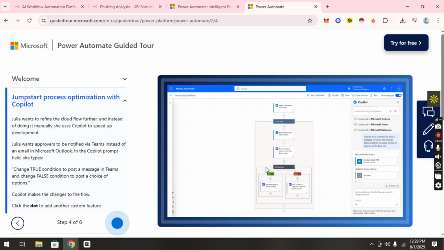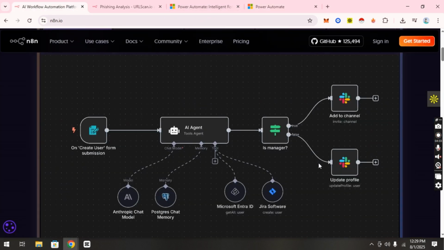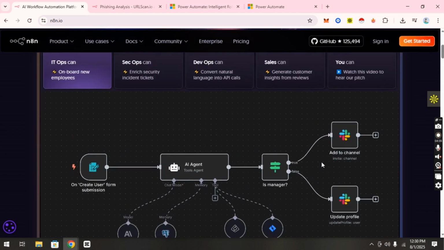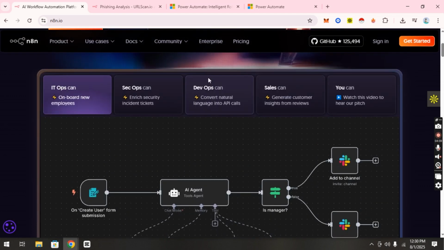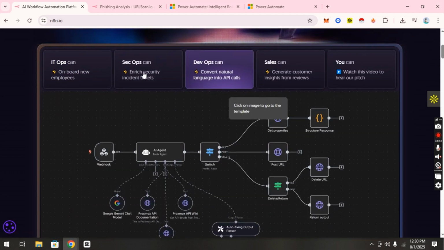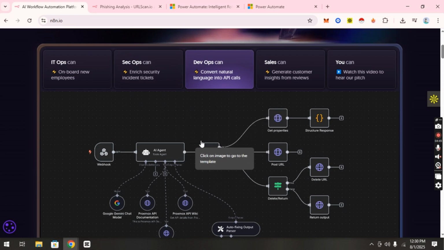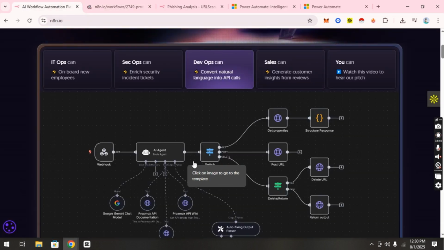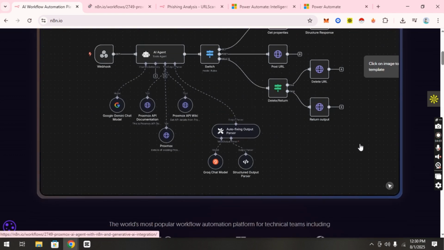Need to connect Airtable to Discord, scrape product prices from 3 e-commerce sites, then store everything in MongoDB? n8n handles that effortlessly. But if you operate in an environment where you need approvals inside Teams and workflows triggered by changes in Dynamics 365, Power Automate is designed for